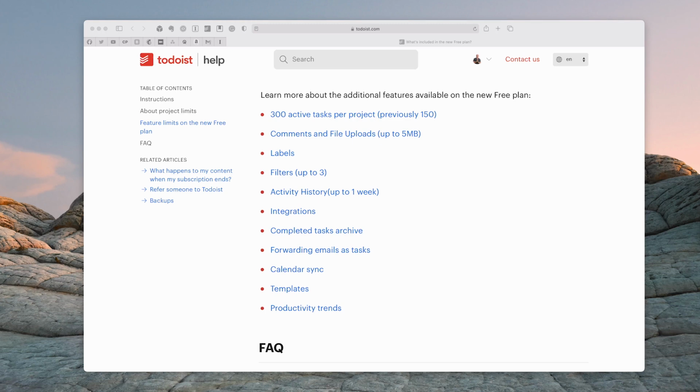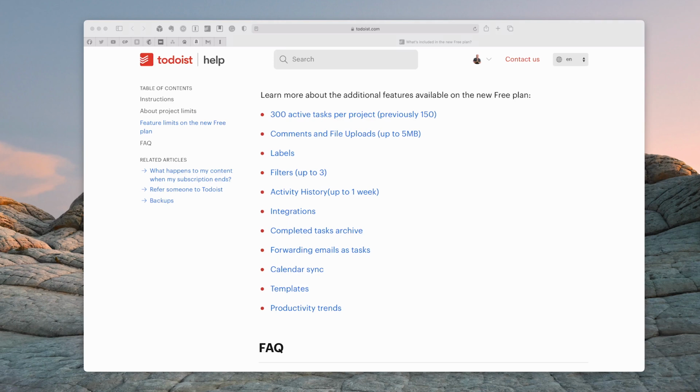But for me, the biggest thing with the new free version is you will now be able to use labels. Now, personally, I don't use labels, but for those people who are in a very communicative work role, so for example, you have a lot of emails to deal with, you have phone calls to make, and you've got Slack and whatever else messages popping at you all day, labels can be really useful because it will help you to filter out those tasks.